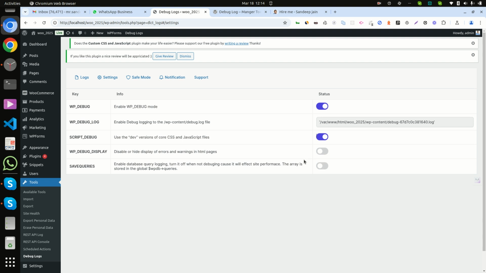I do not recommend it, because many times visitors access your site and they can see errors, so it is not recommended. And if you want to check any database queries, you can also click on Save Queries here. Okay, now